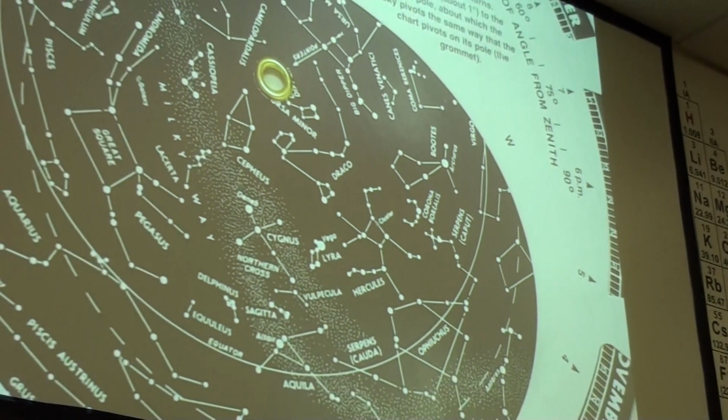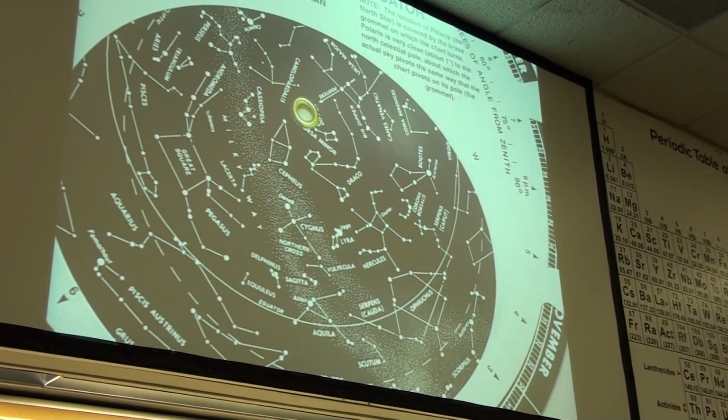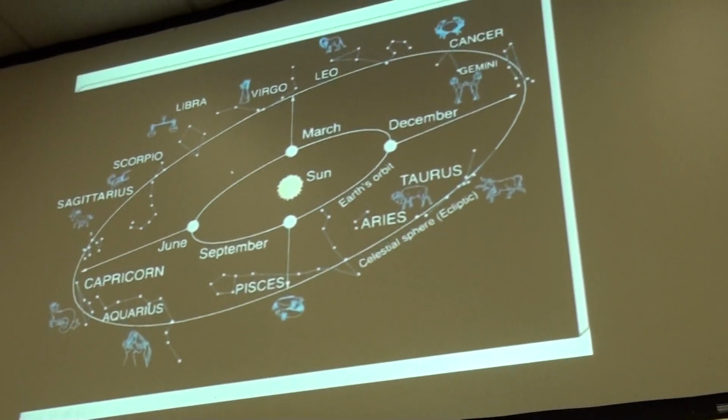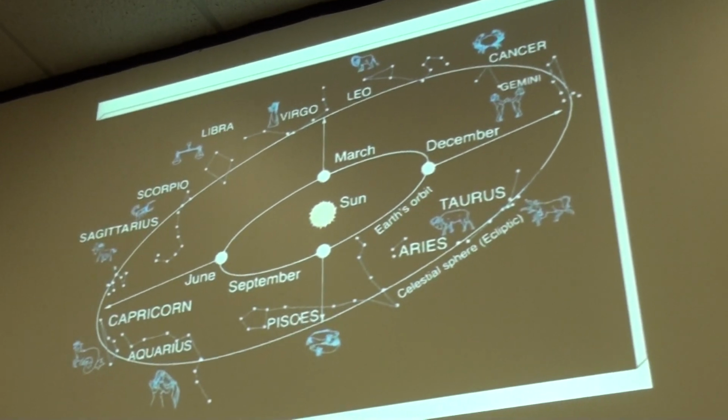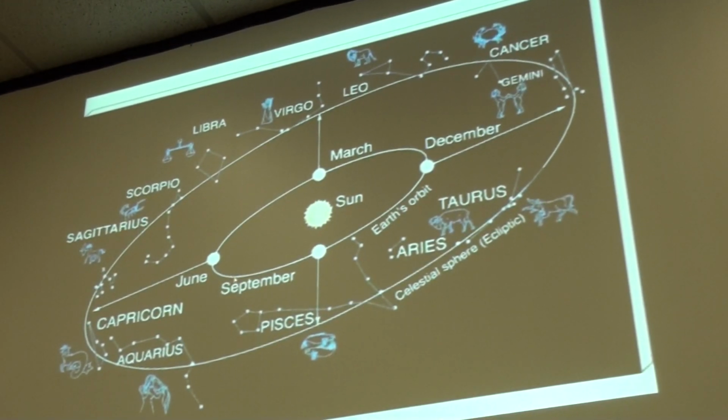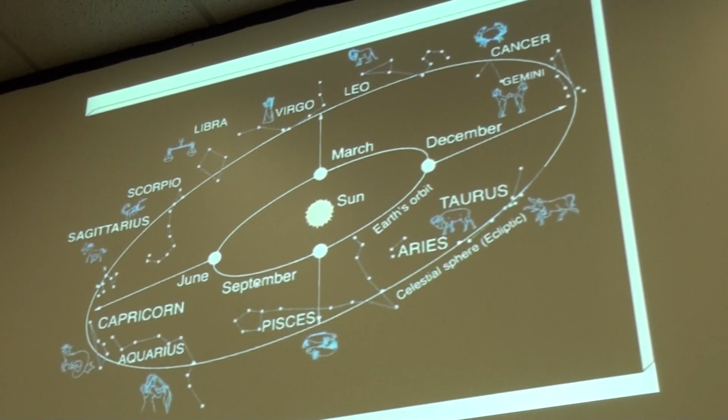So if we go back to the other data projector, we can see, okay, well, here's Pisces. Remember that we were saying that's kind of off near the edge, because here we are, this is like September in here. So Pisces is off that way. So there's Aquarius, Capricorn, Sagittarius, Scorpio, and then Libra is kind of off near the edge. So that kind of fits with what we were saying should be visible this time of the year.